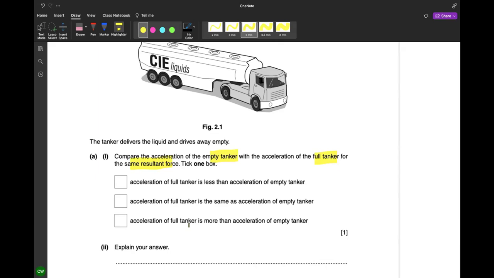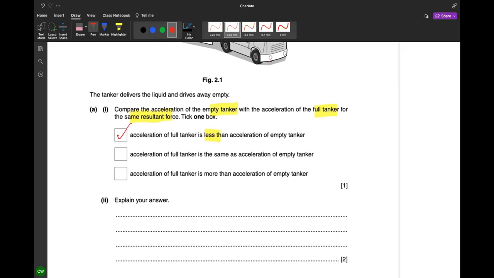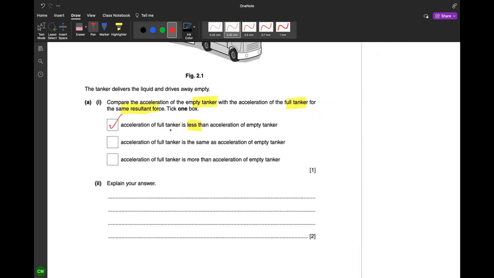Okay, which one is true? Which one do you think is true? Acceleration of full tanker is less than acceleration of empty tanker. Acceleration of full tanker is same with this. Acceleration of full tanker is more than acceleration of empty tanker. Which one is more correct? First one. Is it first one correct? Yeah, correct. First one correct. Okay, why? How do we explain this? Why can the empty one accelerate faster? 为什么轻的会比较快？